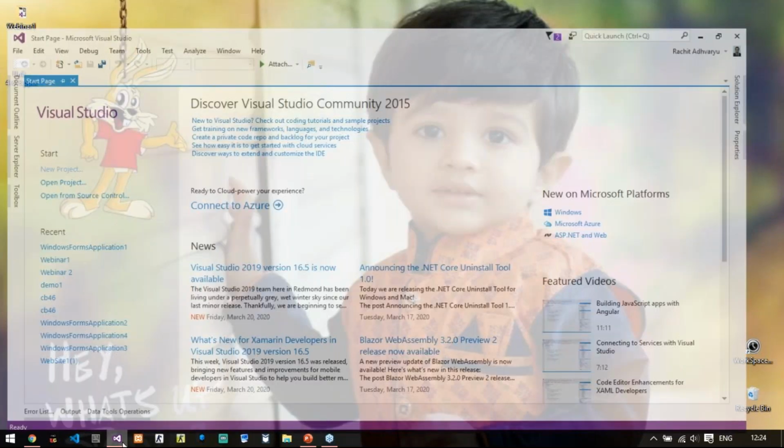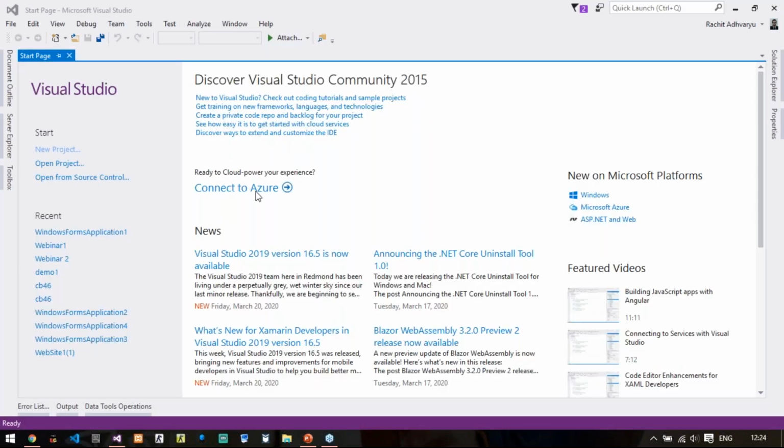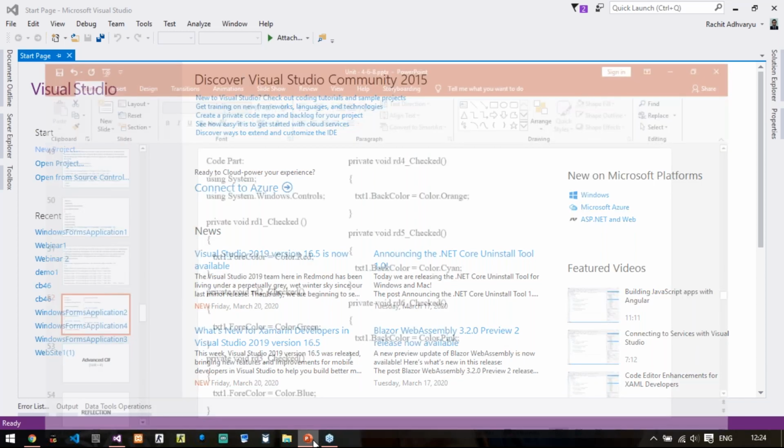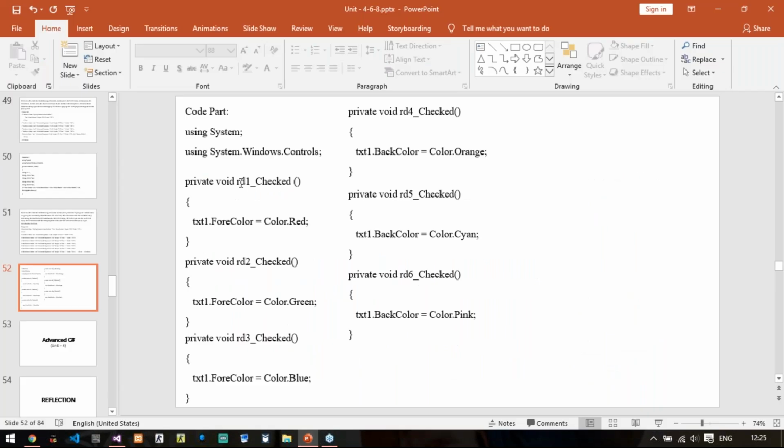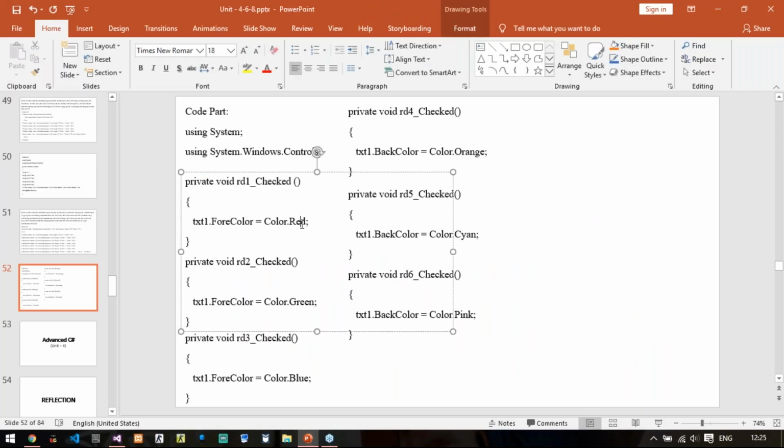Because we didn't create a group, we are going to code each radio button individually. If you see the PPT here, what I have done is I have coded each radio button individually. See, if radio button 1 has been checked, you need to change the forecolor of the text box to red. If radio button 2 has been checked instead of radio button 1, then you need to change the forecolor of the text box to green.